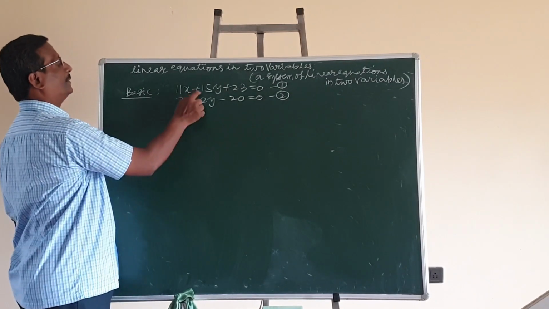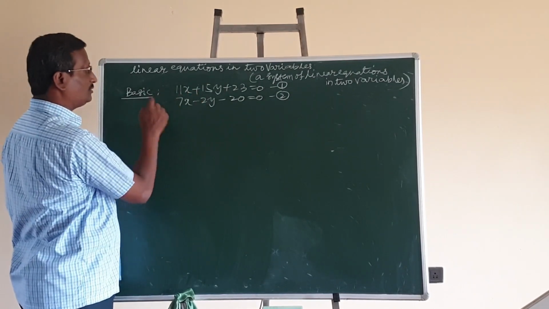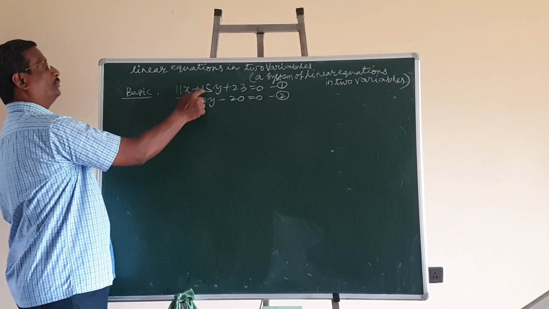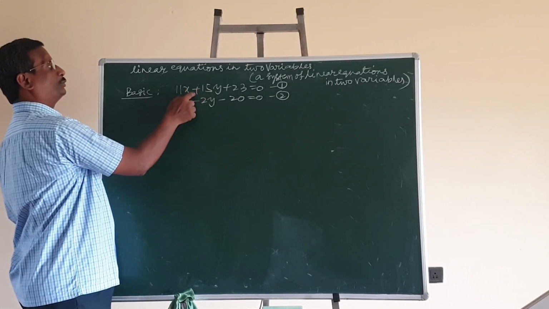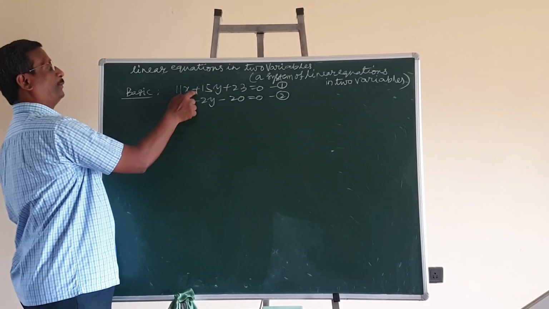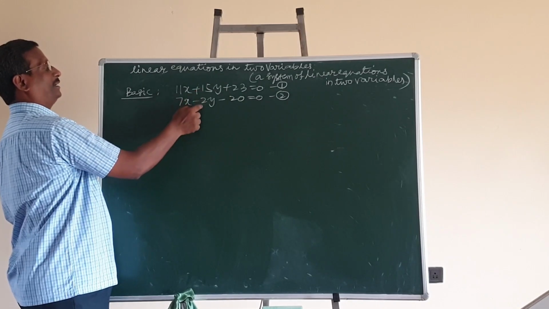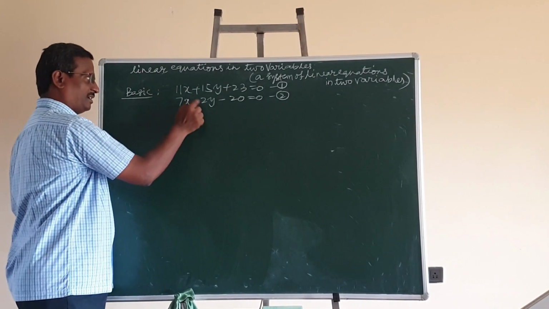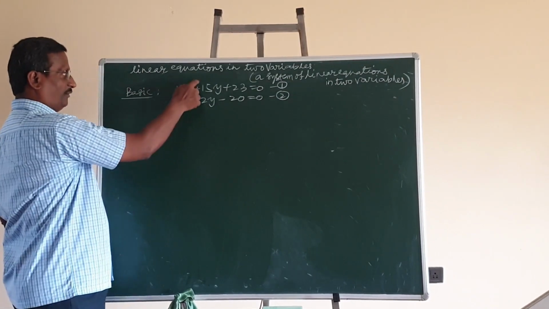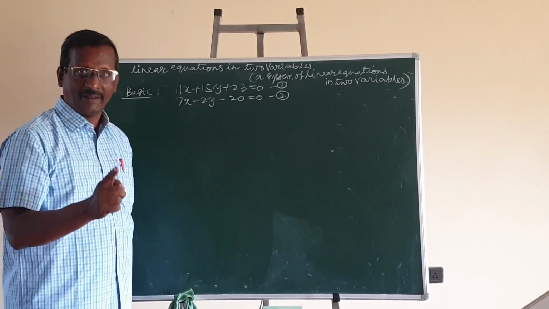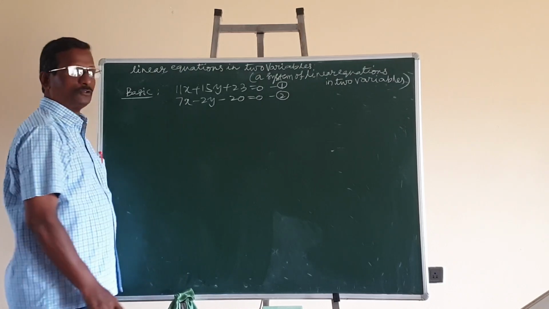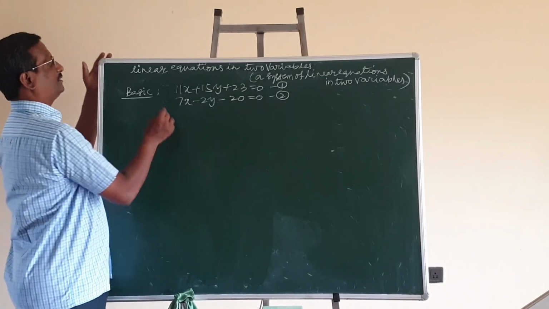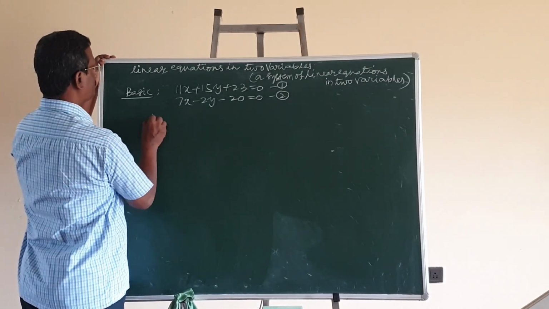But when we multiply, we have to do subtraction. Whereas when you want to eliminate y, we need to do addition because this is positive, this is negative. After multiplication, the first equation is multiplied with 2 and the second equation with 15, because for 15 and 2 the LCM is 30. So I prefer to eliminate y. So to eliminate y, I do it like this.